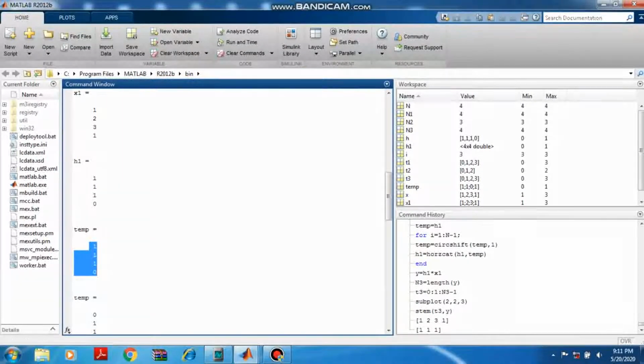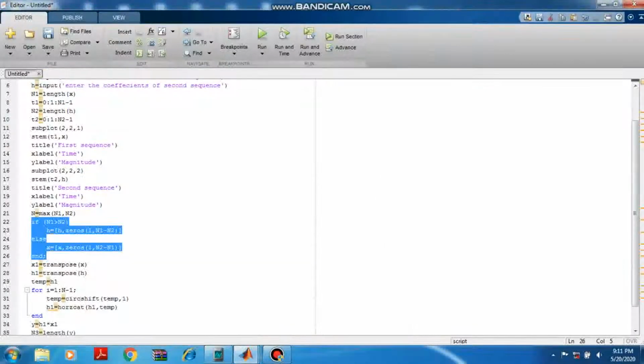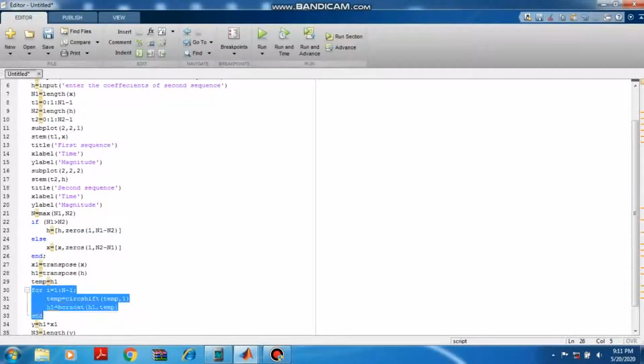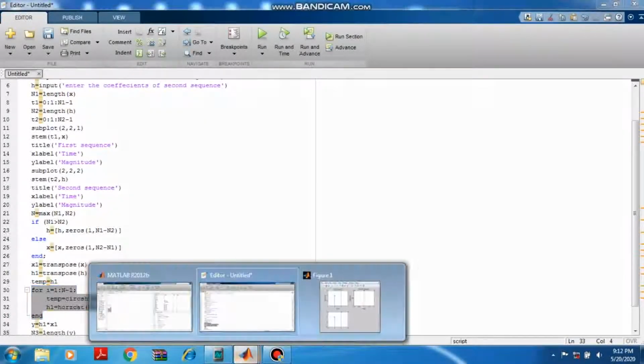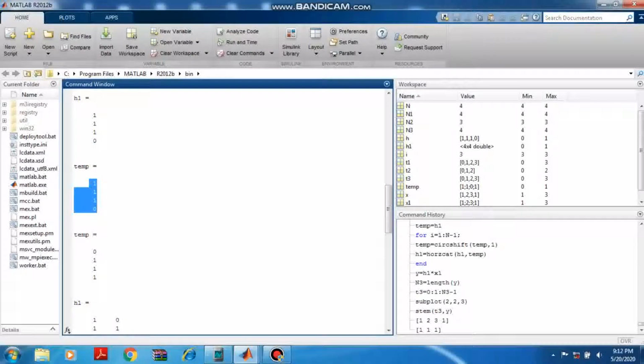Now we started the next loop with the I values starting from 1 to n minus 1, that is, 1 to 4 minus 1. See, n was 4, and 4 minus 1 is 3, so it will calculate for 1 to 3.